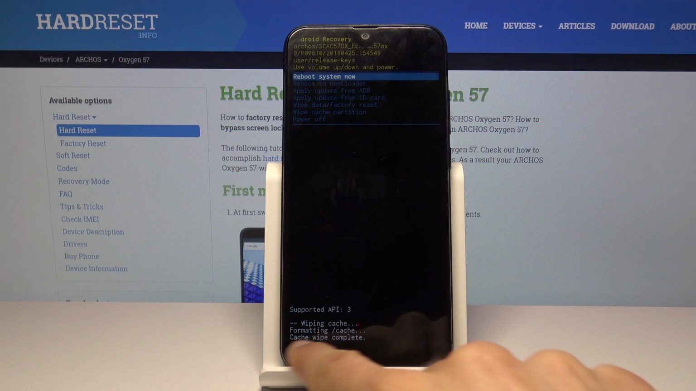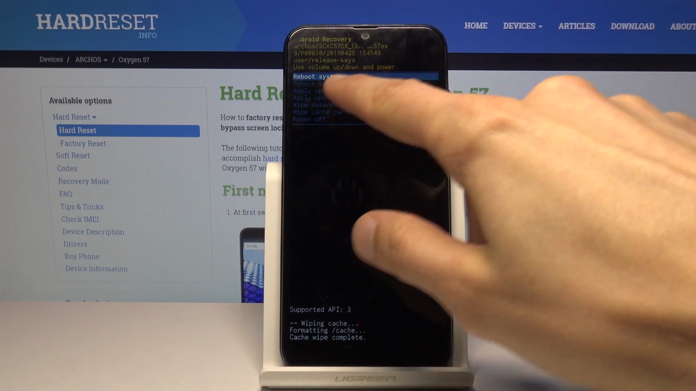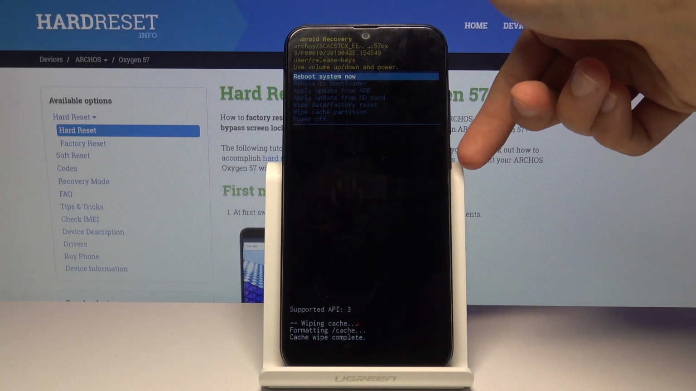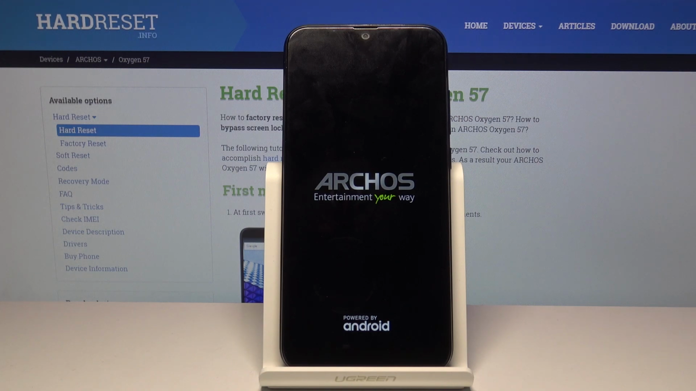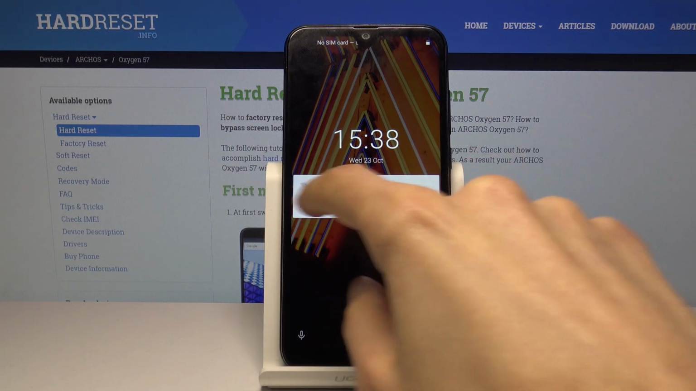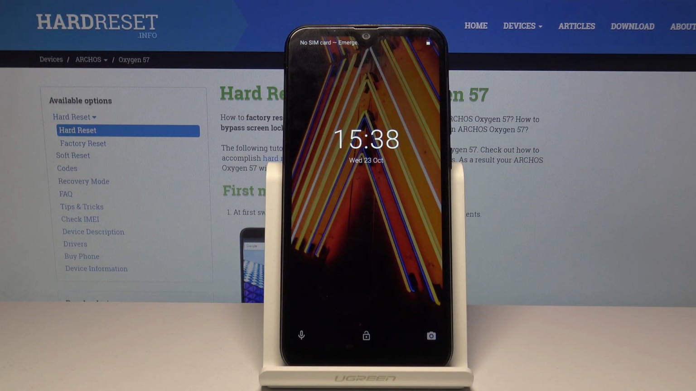Then you will get a prompt right here, cache wipe complete, and reboot system now should be selected by default. So all you now need to do is press power key once more. And the device will now boot back up into the Android system. And you can see it's back on. So that is how you would wipe cache